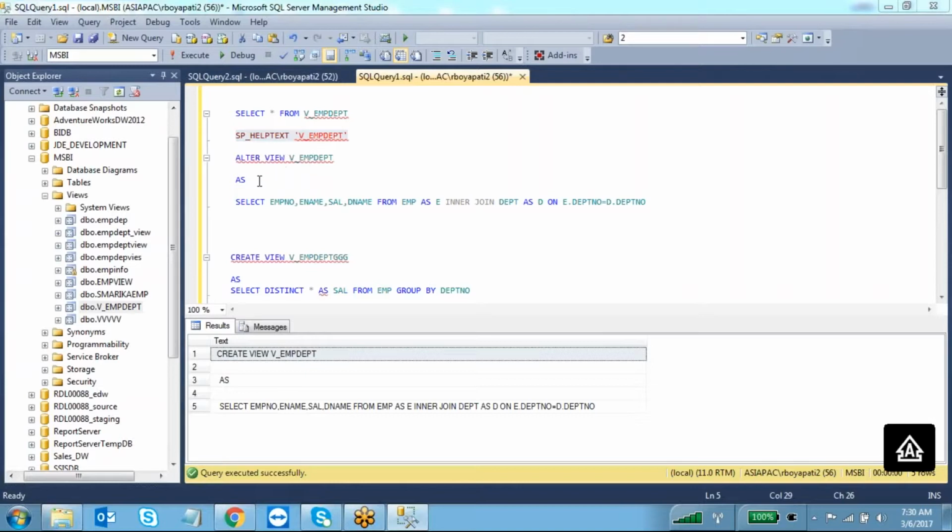So in that situation, whenever you are creating this view, you can encrypt the code. Encryption means we don't want to show the create script to others. So simply you can add with encryption. With encryption.